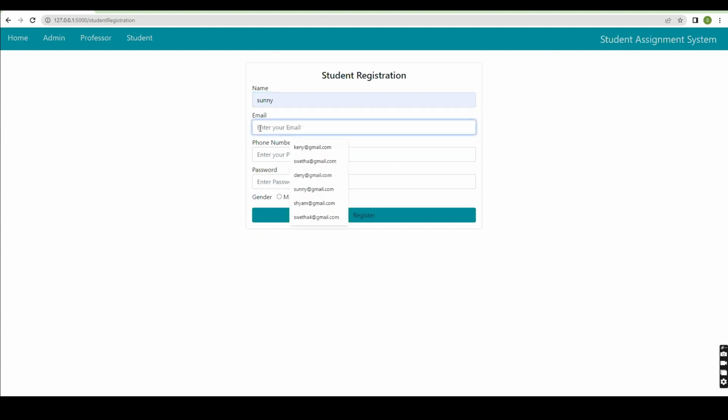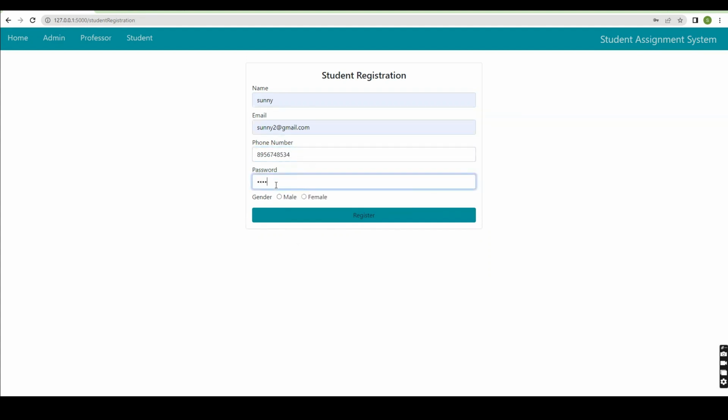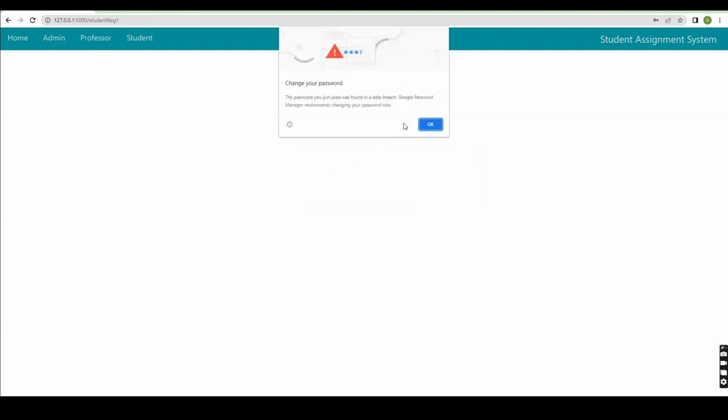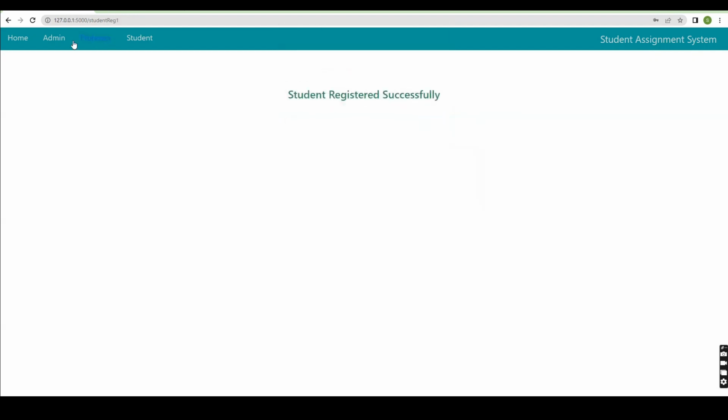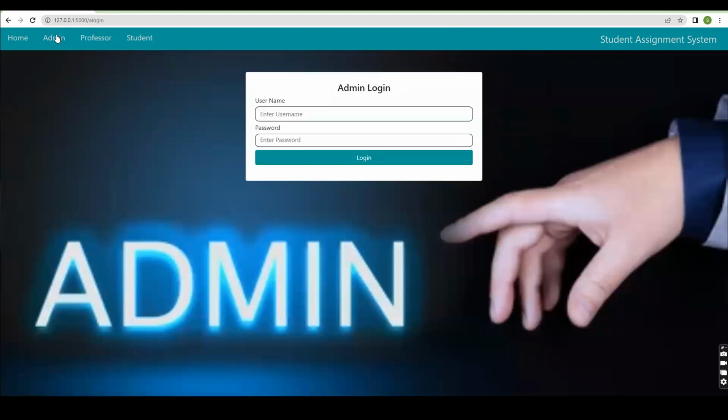Student name, email address, phone number, password, gender, register. Student registration also successful. After registering both the student and professor, the admin will log in to the website